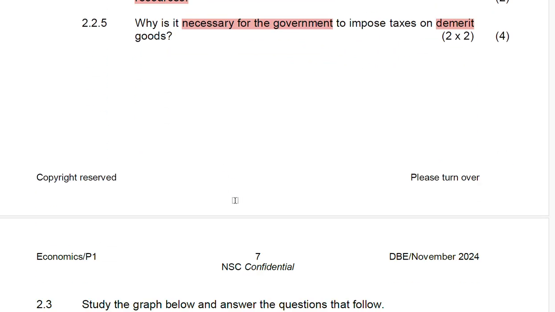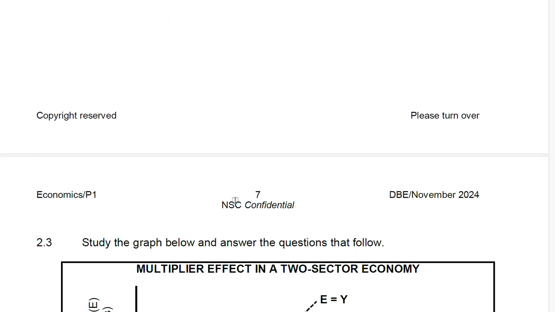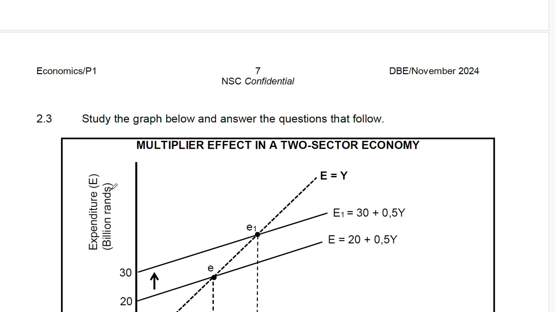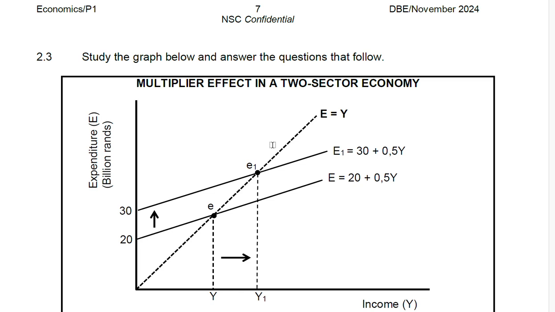And then now let us look at the question that follows. So we are done with 2.2. Now we are moving to 2.3. 2.3 says, study the graph below and answer the question that follows. Again, when we're looking at 2.3, there is no way that you are going to be able to pass 2.3 without understanding the graph, because you need to understand the graph. Now, when we're looking at the graph that we have,